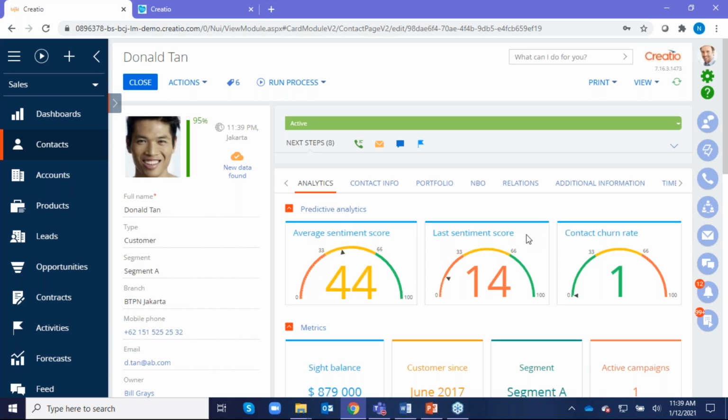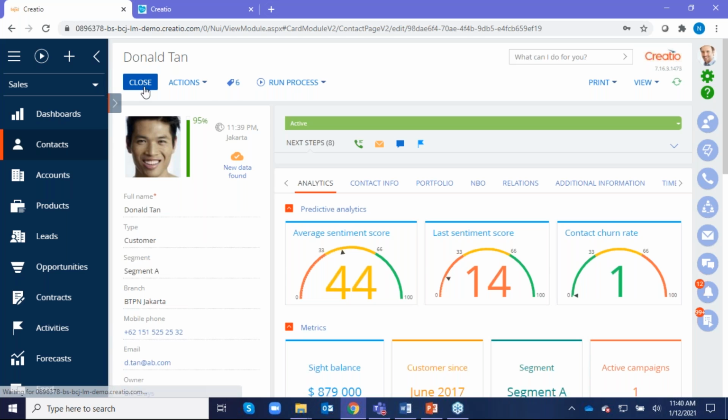And of course, I can use this data for my marketing purposes and say that I want to use all of my customers who have a churn rate of 0 to 33 in a marketing campaign. On the flip side, if the churn rate is between 66 and 100, then I can use that for another marketing campaign to do some customer retention activities, right? Using low code business processes, I can dispatch many activities to the customers to say, hey, these are all the various things that you should do in order to retain the customers as much as possible.